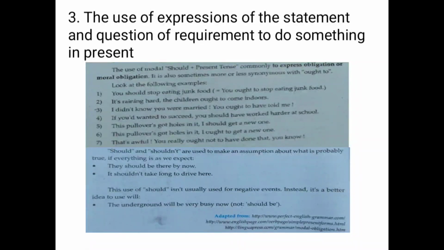Okay? It means that if you use the should, it is not always for negative events. You can change the models with will be, not should be. Okay, we will